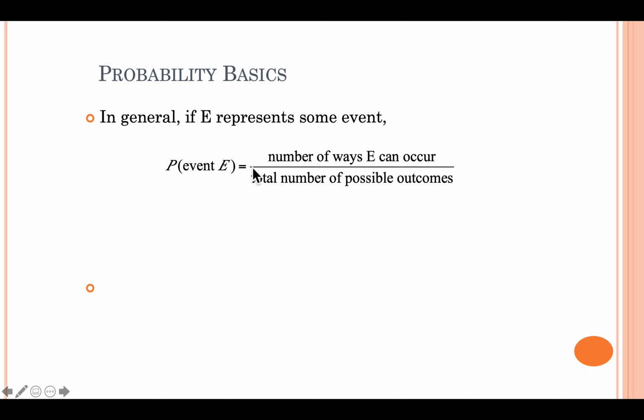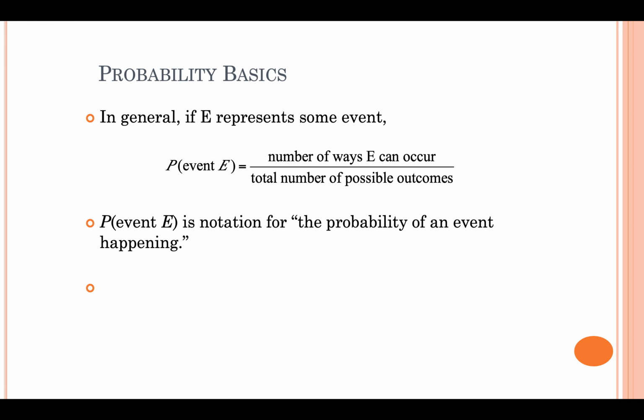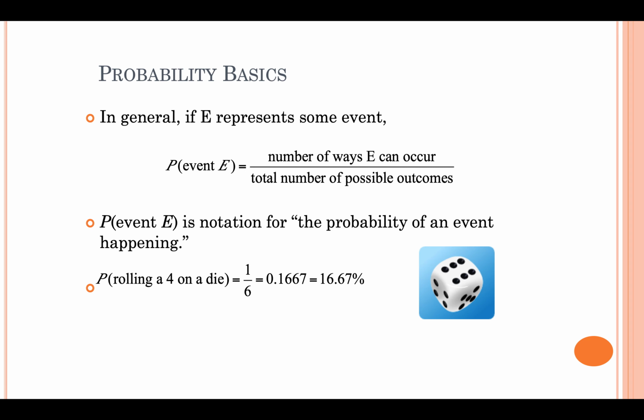By definition, this number is calculated with a fraction. In the numerator of the fraction, we have the total number of ways the event can occur, and in the denominator we have the total number of possible outcomes. Here are some examples of what that means. If we're looking at a die with 6 sides labeled 1 through 6, and we want to calculate the probability of rolling a 4 on a die, so this is the event, rolling a 4,